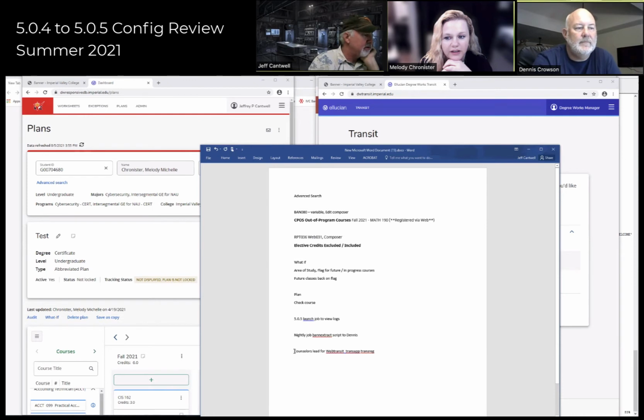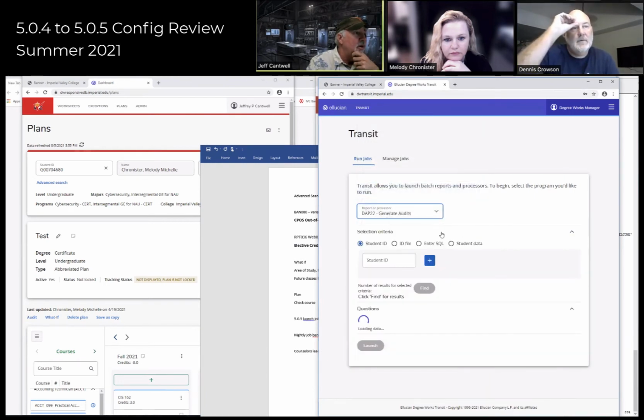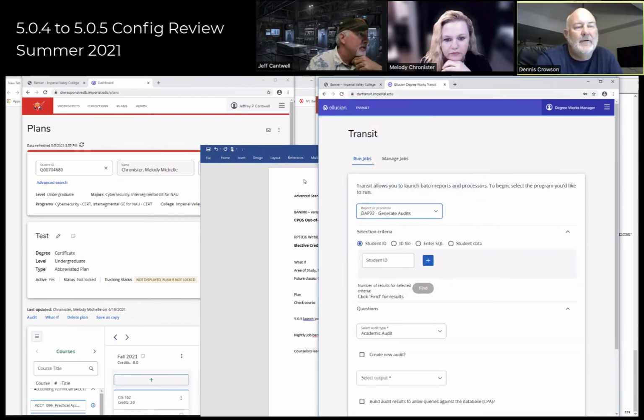Okay. Do you want to write down those two that he mentioned, Jeff? Because you said RAD 30 and what was the other one? DAP 22, yeah. Okay. And that's the generate audits. Oh, okay. Generate audit. And I don't know if they would use that as much as,